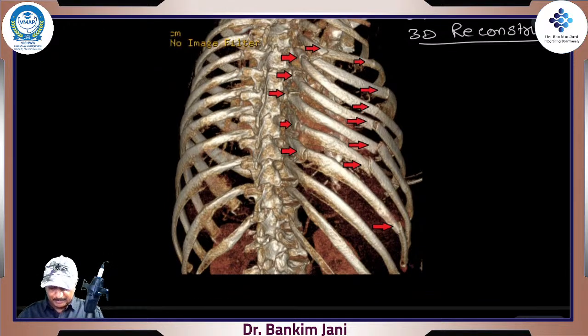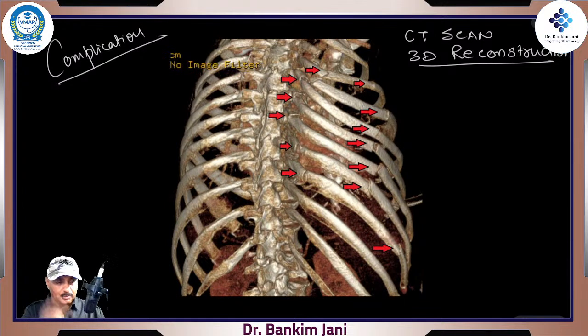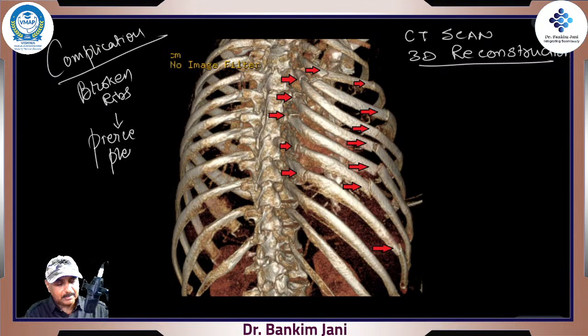Now when the ribs are broken like this, it leads to a complication. Those broken ribs, what will they do? Their broken ends are very pointed. So they pierce the pleura. The moment the pleura is pierced, as we watched last time,